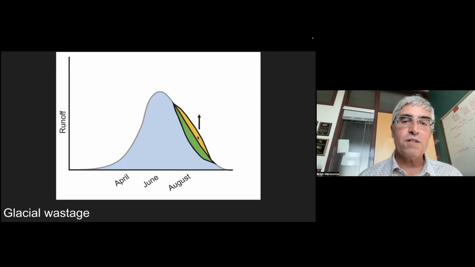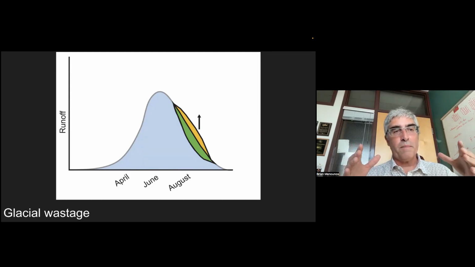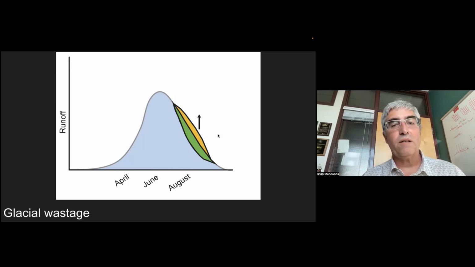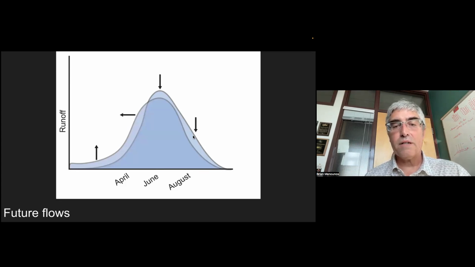Well, of course, this is a fool's errand to think that this is going to continue, because this is the fraction of the glacier which will eventually no longer be there. So in a warming climate, the glacier is getting smaller. It's also thinning. And so we're having less runoff generated over that surface. So that does not last. And what we get is a removal of this part of the hydrograph.